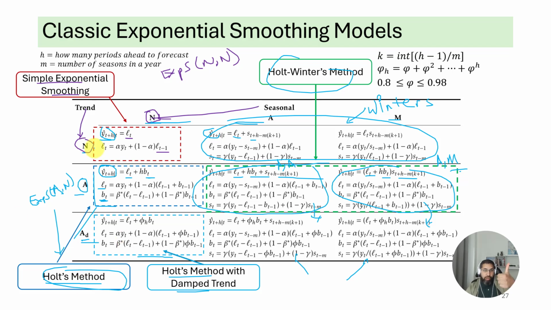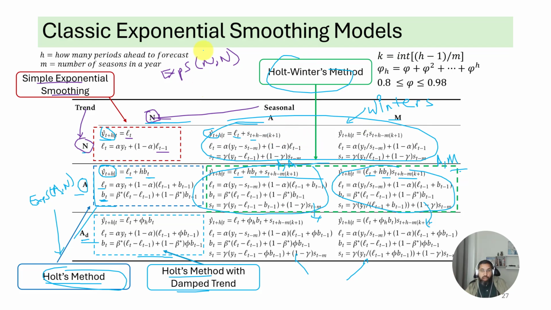That you could have no trend or additive trend or damped additive trend, N, A or AD. You could have no seasonality, additive seasonality or multiplicative seasonality. Whenever you have trend, A or AD, that's some variation of the Holt's method. Whenever you have seasonality, A or M, that's some variation of the Winters method. If you have both trend and seasonality, AM, ADA, ADM, all these combinations, you have Holt-Winters method, some variation of